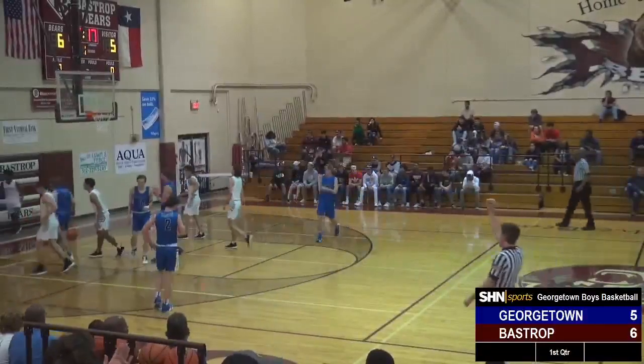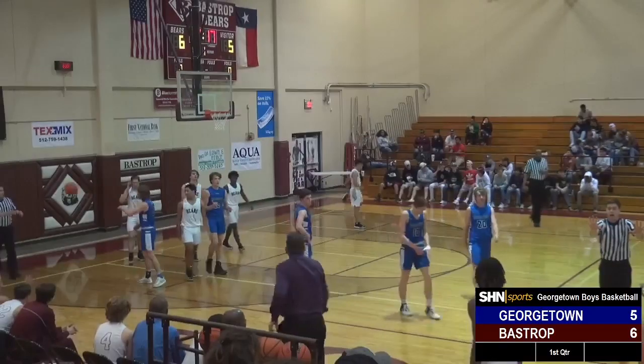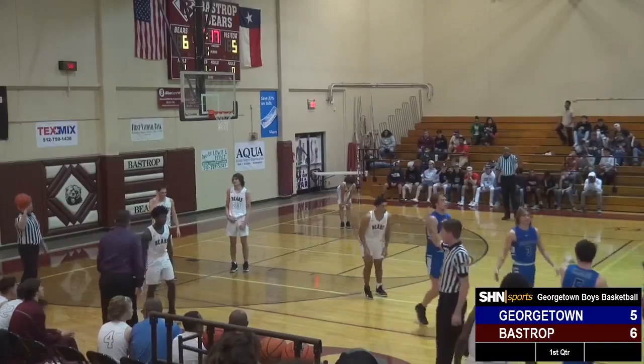Campbell tries to break free. And he gets tripped up there by Albritton. It'll be a foul on Albritton. The first foul of the ball game. And it's going to be wholesale changes for the